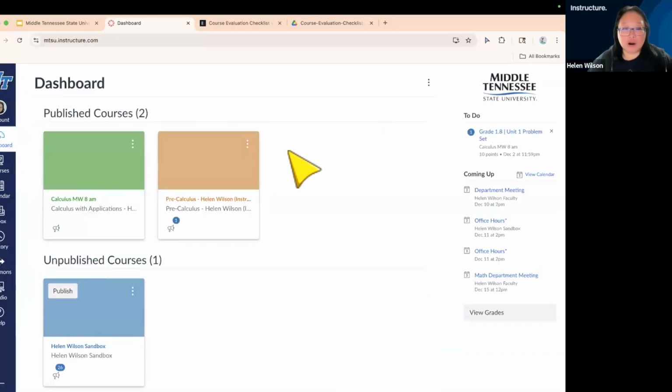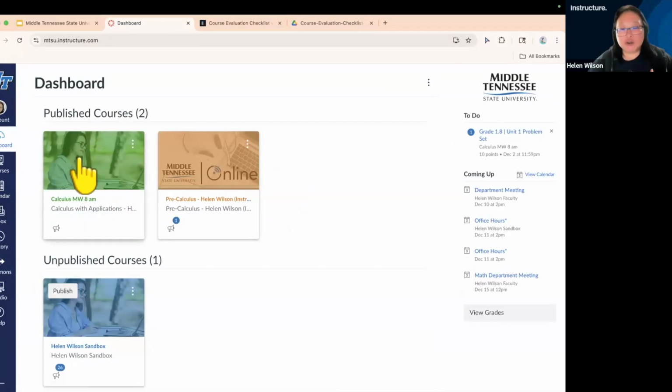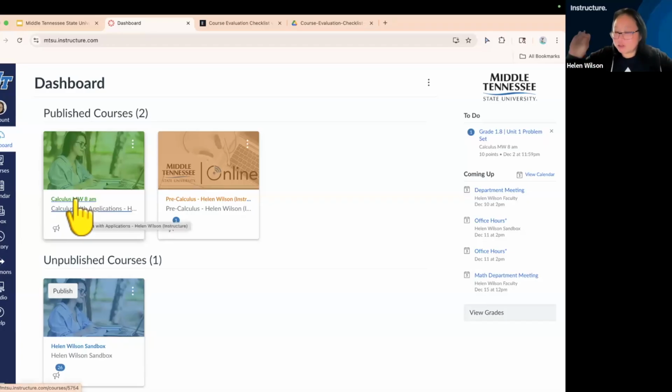And then right here, 1.7 talks about the course card being a representation of the subject. Here's what I mean by the course card. It's the picture that lives behind the color overlay on the card itself. Now, the point is to make it appropriate to the course. So, for example, for a math class, maybe there should be some math symbols here. So if you want to switch out the course card to make it easy for students to find,